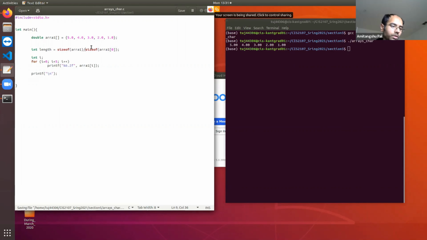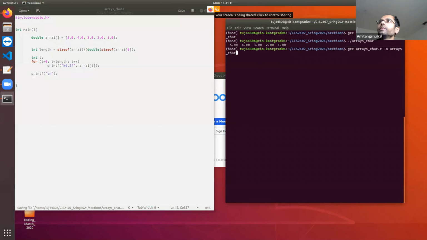That's it. This is going to give the length of an array if you do not know the length of the array. Suppose you have a huge array that you are reading from a file, and you do not know the length. After reading all the elements, you can write this line, which is going to give you the length of the array. So instead of writing 5, you can simply use this.